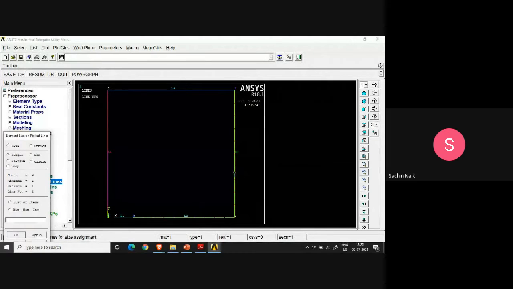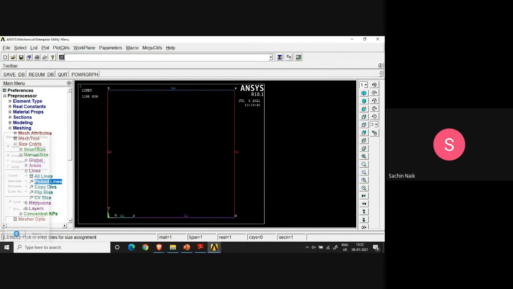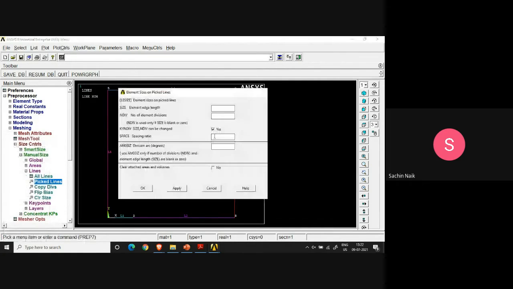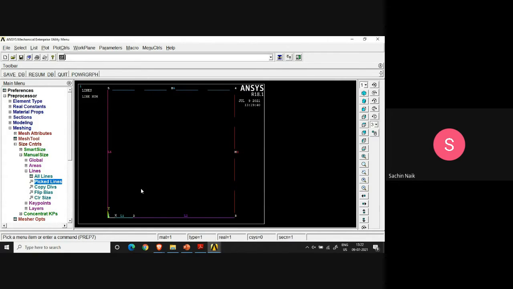Okay. That was also picked up. So line 3 has been picked up. Okay, and I'll pick up line 4 also and say okay. For these lines, I'll specify that the number of elements be only about 4 on these lines, because that is away from the crack tip. I don't have to have many elements there. So see that it has taken the command, and these lines are now going to be discretized into only 5 pieces. Okay.